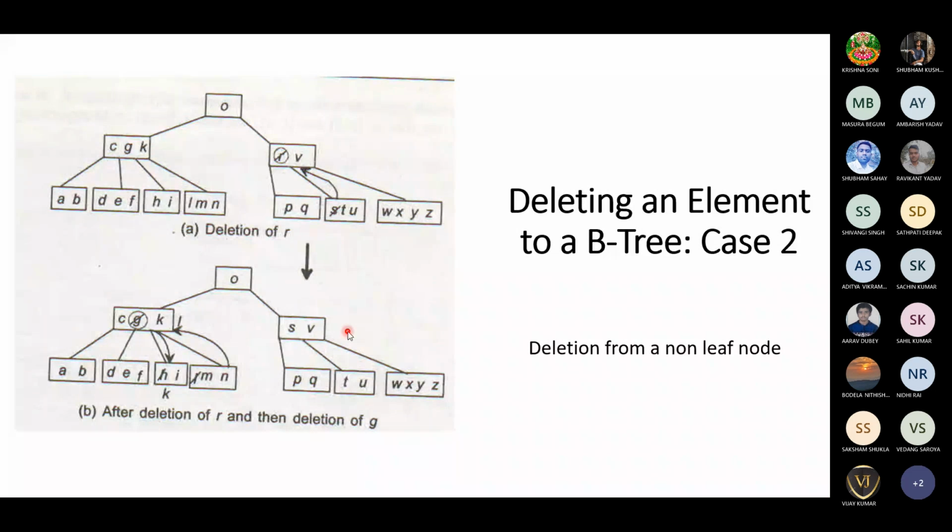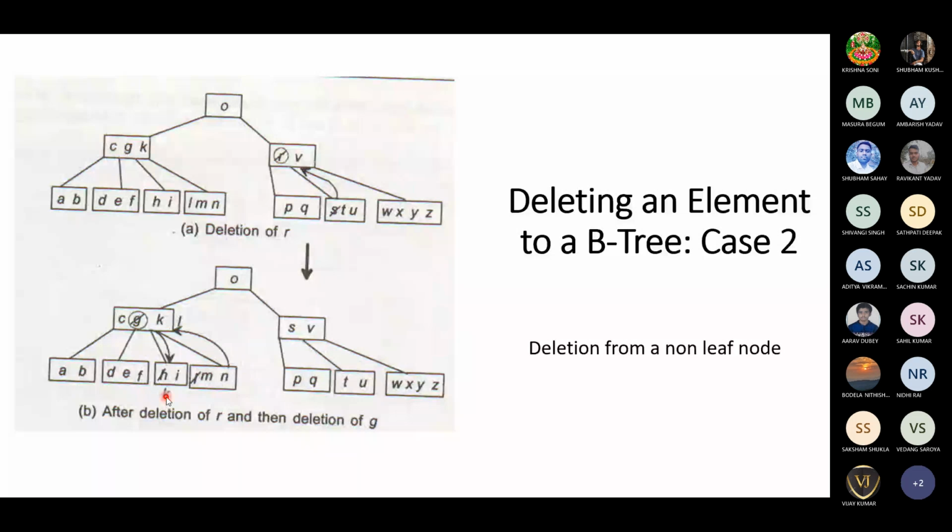When we are deleting R, we did the same thing. Right subtree, leftmost value, we replaced it with that value. When you're deleting R, the right subtree's minimum value, yes, we replaced it with that node. By replacing, it is not creating any imbalance here. All the nodes have at least m by 2 minus 1 keys. For a node, m by 2 minus 1 is 2, it's correct. But here when you're deleting, this node will become only one isolated node. This will become 3. So what we did, we pushed the node to the root, K we pushed down.